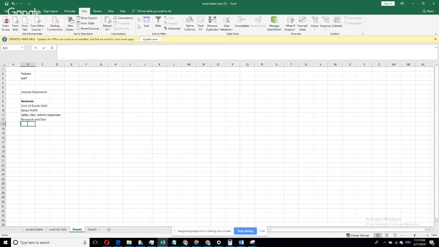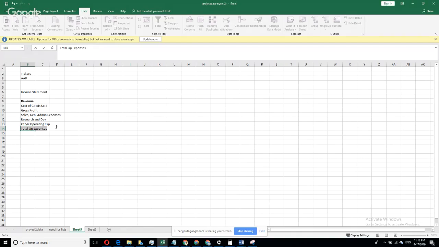After that, we have total operating expenses. So we have other operating expenses, right? I think there's a list, a column for other operating expenses, and then total operating expenses